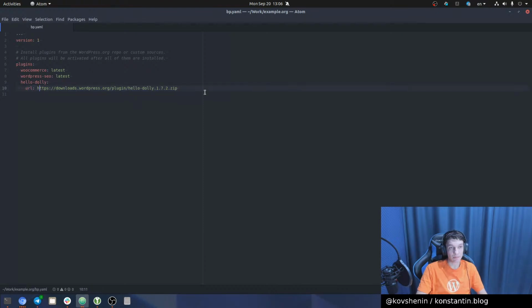And also custom plugins that maybe you're working on that are hosted somewhere else on GitHub or on your own server, and you would like to provision the environment with your custom plugin, you can do it like this with a URL. We'll do an example here. Let's leave it at WooCommerce and WordPress SEO latest, and then for the sake of testing third-party plugins, we'll pull Hello Dolly using a URL,